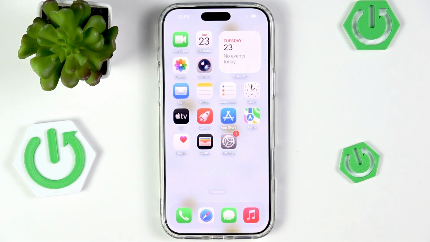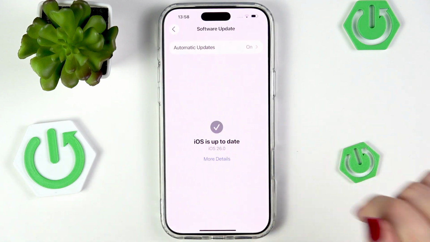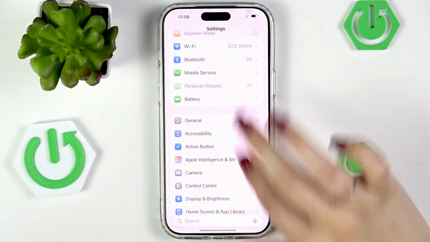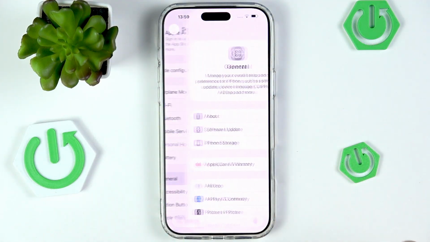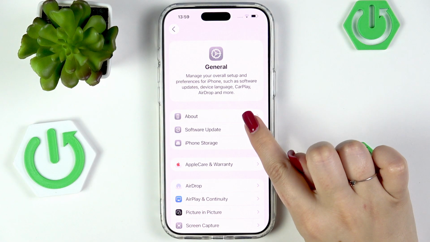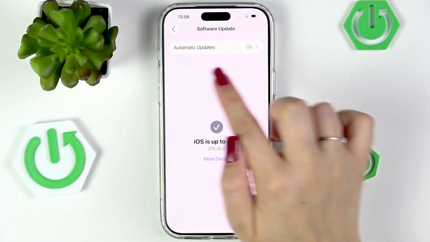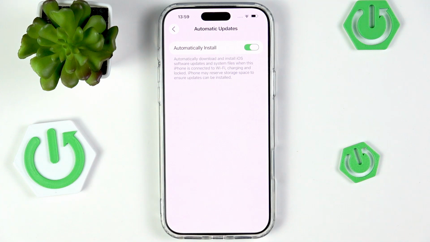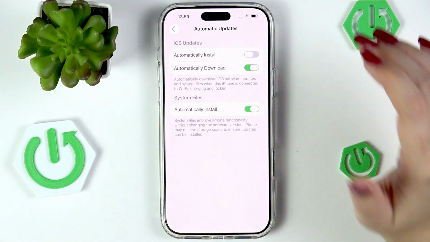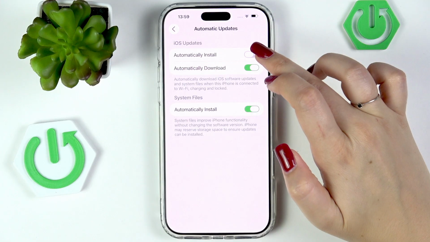So basically all you have to do is open the settings. In the settings, let's go and find General and then go to Software Update. As you can see at the top, you've got this option, Automatic Updates. So let's simply tap on this option, and if we've got it turned off, for example, simply make sure that